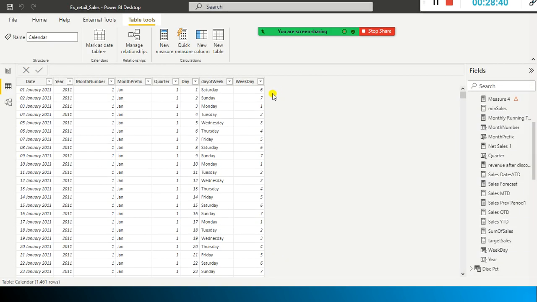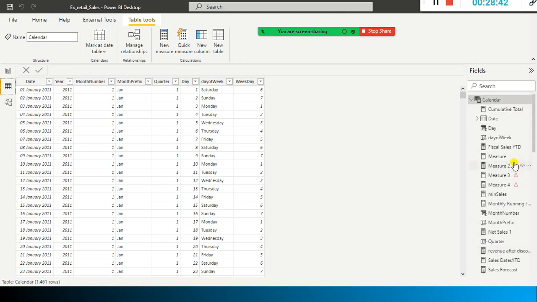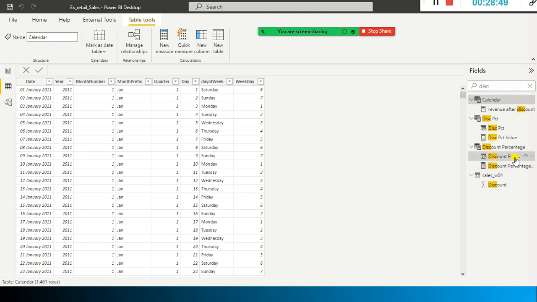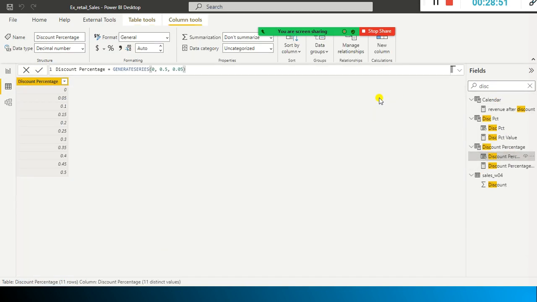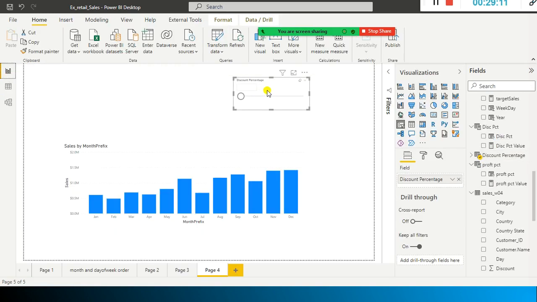For example, if I go to the data window and select discount percentage, it will show me this: the 0, the maximum value 0.5, and it increments the value by 0.05. Then if you add 0.05 to this one, 0.1. So these are the values which we are going to use.